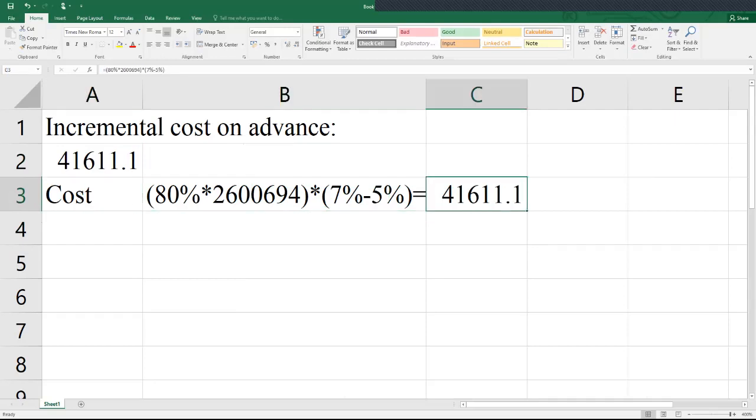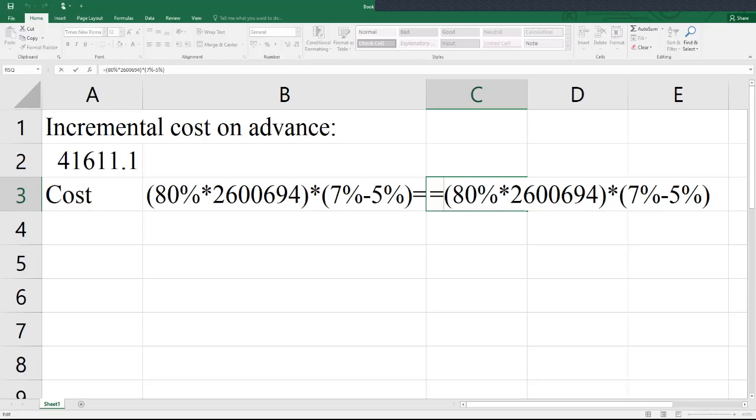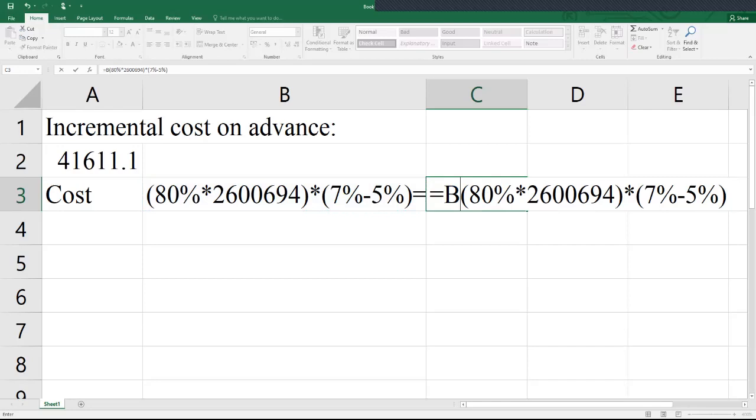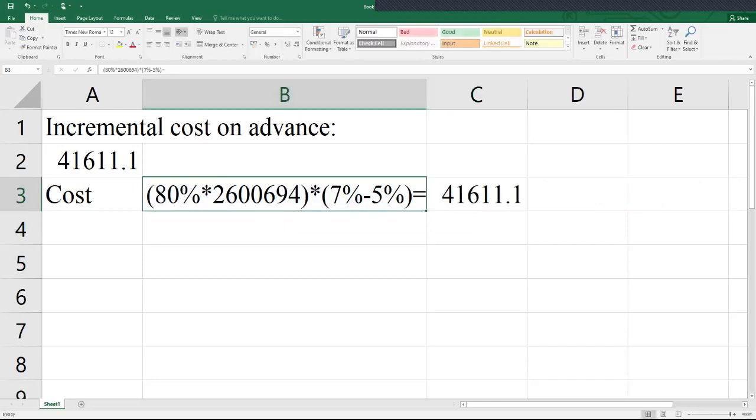This is Excel. The examiner can see the working on that particular cell C3. By double clicking on it, he can tell how you were able to get 41,000. So don't do this way. Let me just color it here. Don't do this. It's just going to waste your time, and there's no extra mark for that.